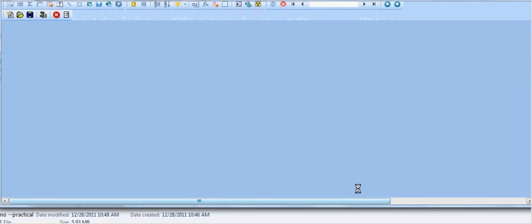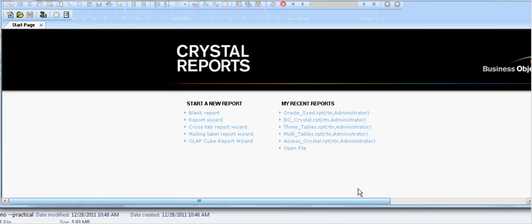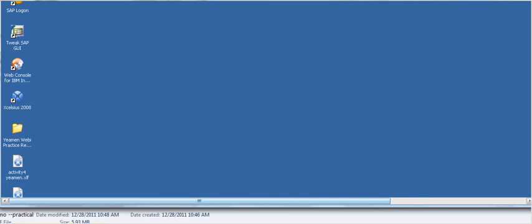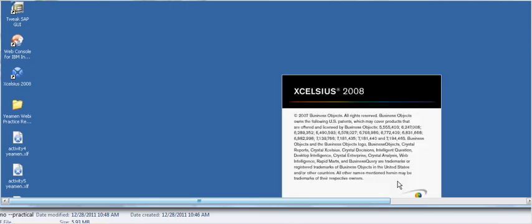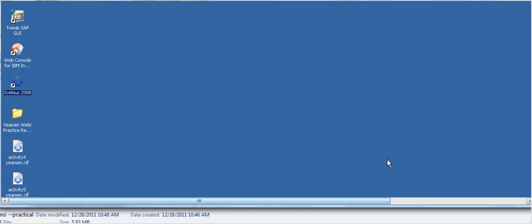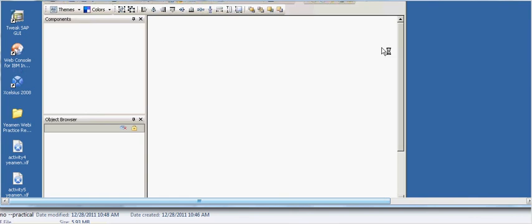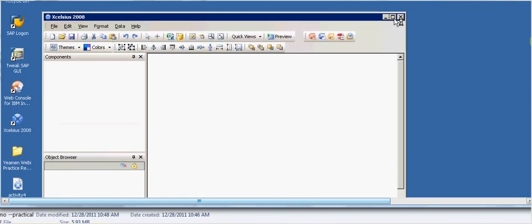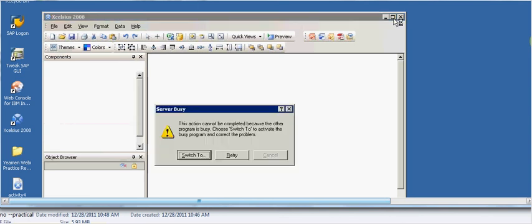And Business Objects also provides one more tool, Xcelsius, which they now call the SAP dashboard tool. This is also a very good tool for easy understanding and easy decision-making. It completely visualizes the data, the look and feel is very good, and chart creation is good. Charts and dashboard concept. I will show you one sample given by the Xcelsius software people. They have already given some samples. I will open one sample.